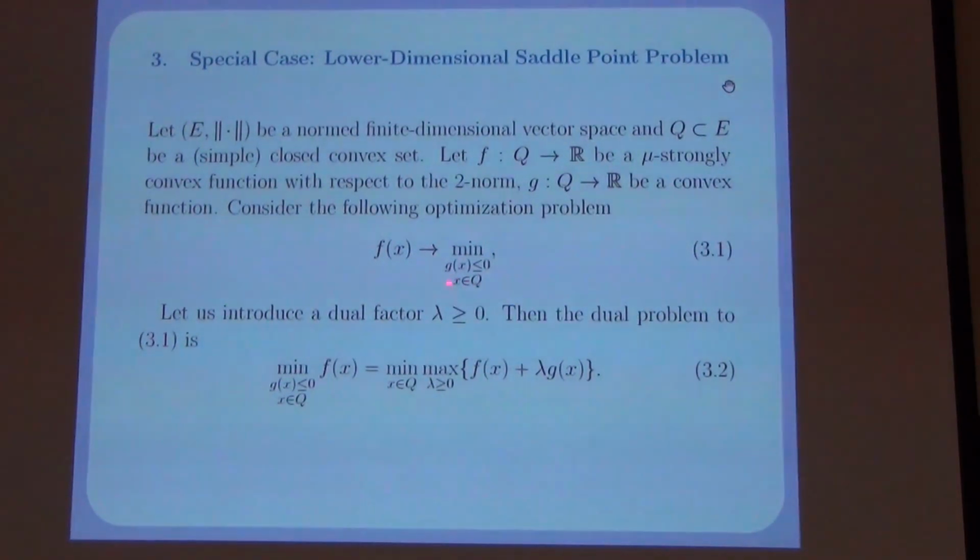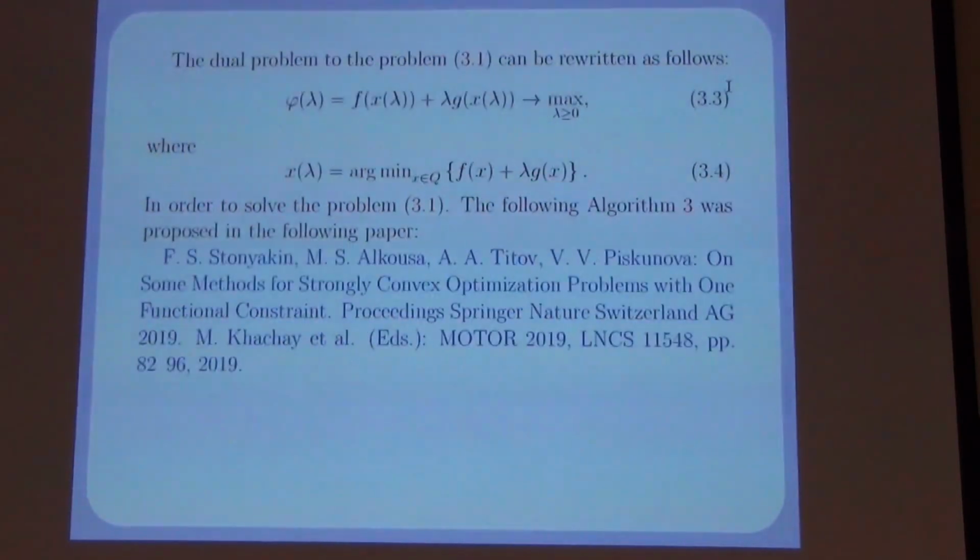In this optimization problem, there are assumptions. F is mu strongly convex, and the functional of constraints is simply convex, not necessarily strongly convex. If we introduce the dual vector, then we can rewrite this problem as follows. This is a dual problem to the considered optimization problem. And in order to solve this problem, in this work,